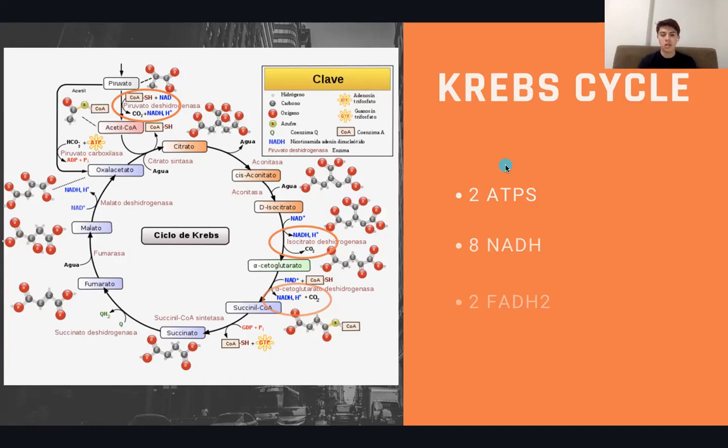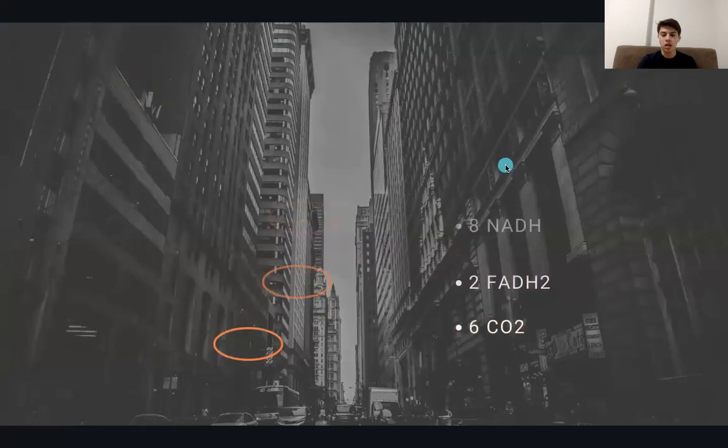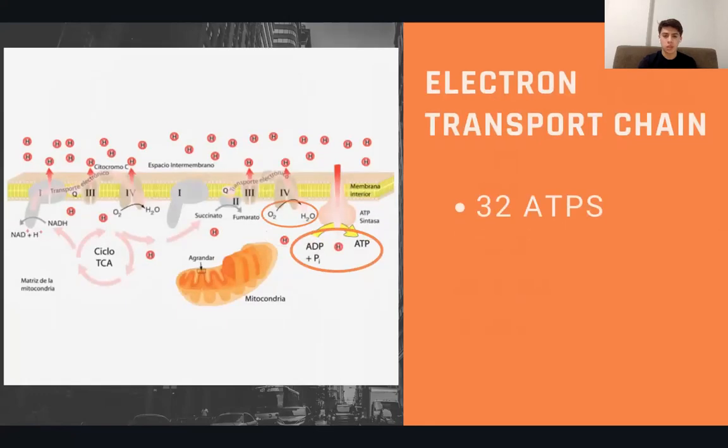It should be known that in this process, 8 NADH and 2 FADH2 are produced, but for the purpose of the video, the steps to obtain them were omitted. The electron transport chain is the last part of this process. We obtain ATP by using NADH and